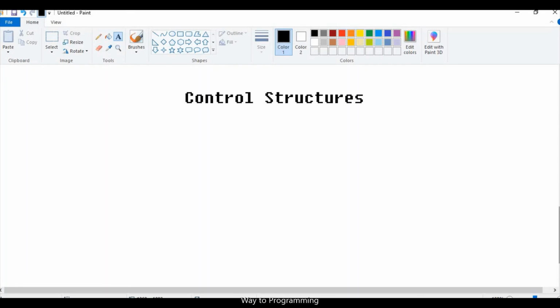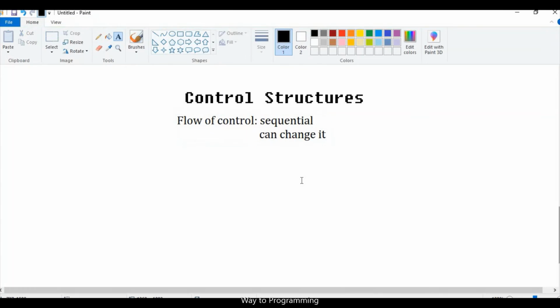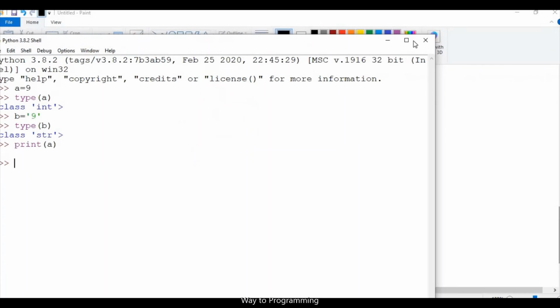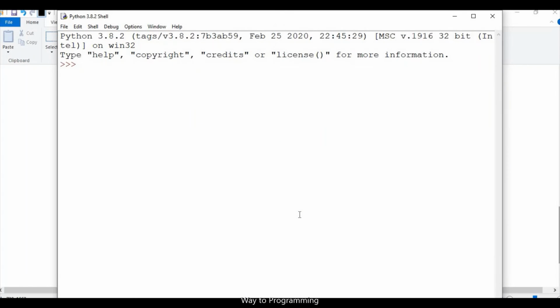Now control structure means the flow of control in a program. When you are executing the statements in a program, what is the flow of control? Usually, it is sequential. But you can change it. I'll give you an example here. Just remember that control structures represent the flow of control in a program, how the control is going to flow